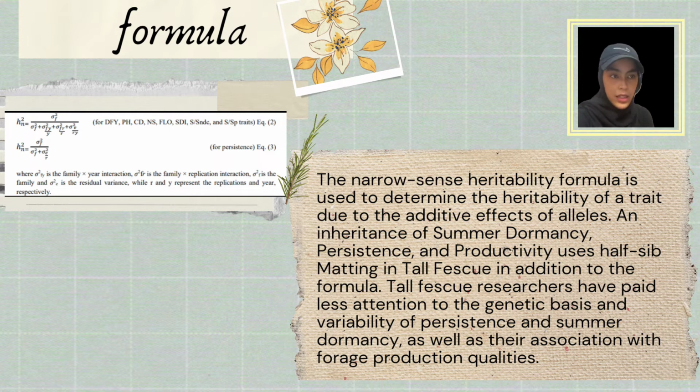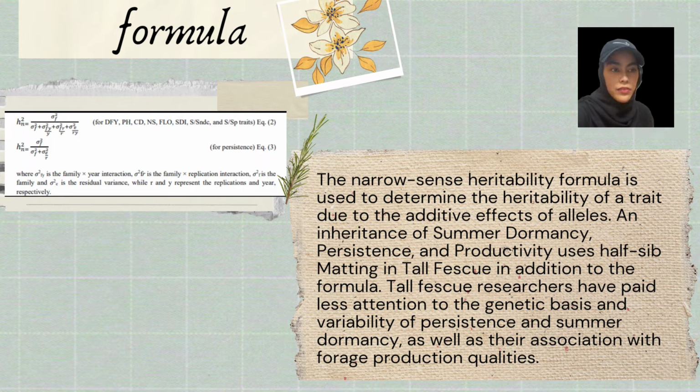Tall fescue researchers have paid less attention to the genetic basis and variability of persistence and summer dormancy, as well as their association with forage production qualities. As a result, considerable genotypic variance was identified in both parental genotypes and half-sib families for all examined variables. The majority of the genotypes tested